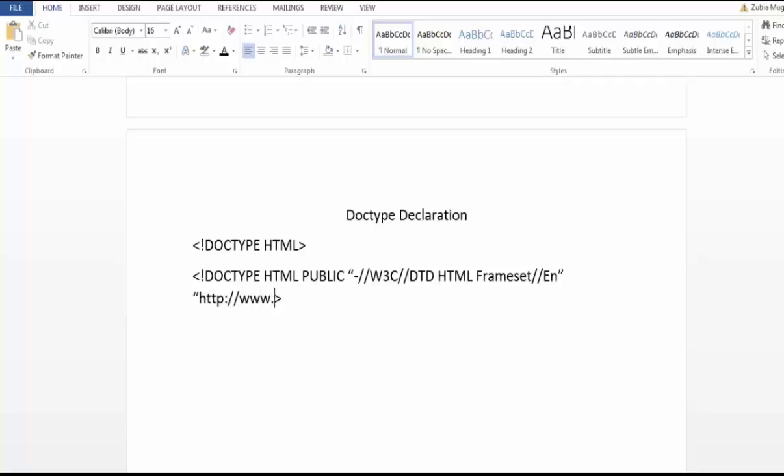www.w3c.org/tr/html4/frameset.dtd, inverted commas closed. Let me try to decipher or explain this. This means that this doctype document is equal to HTML 4.0, and I think I forgot to write here HTML 4.01. And the frameset is defined with English as the language, and